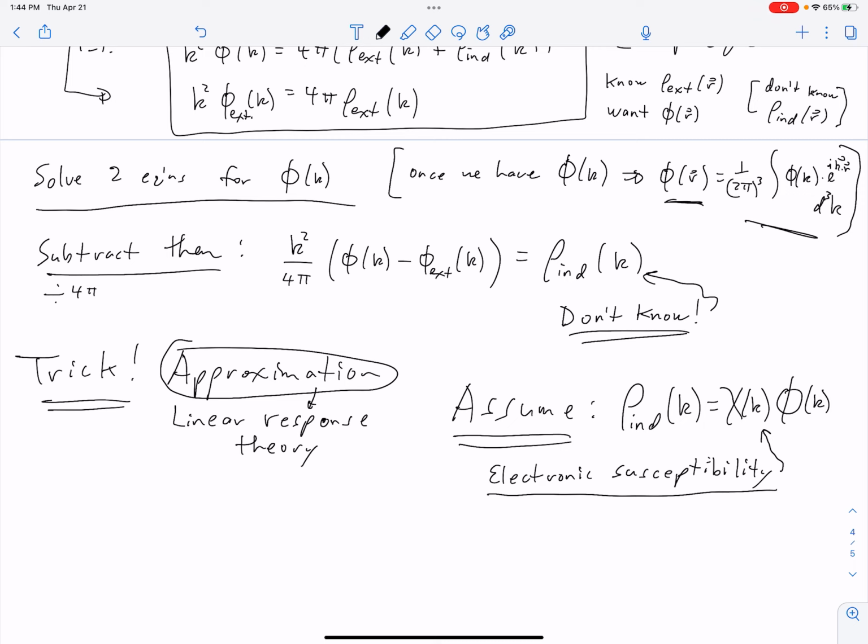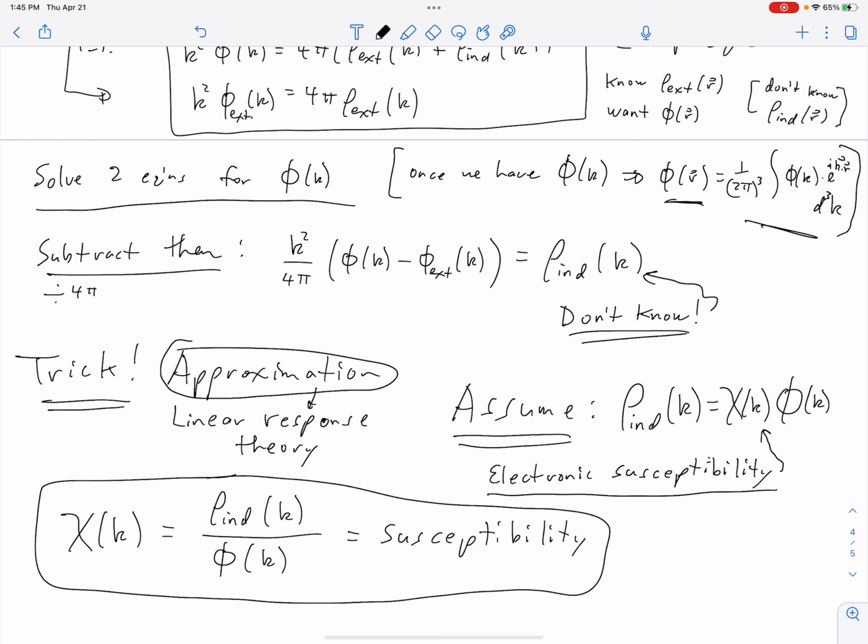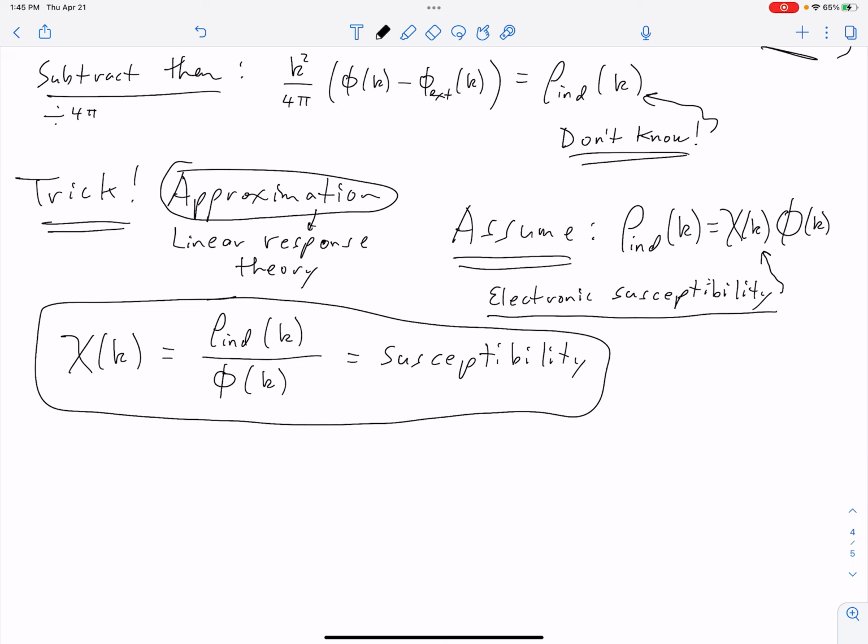So chi is equal to rho induced of k over the total potential phi of k. And so this is the susceptibility. Now, we don't know that yet either, but we will figure out what the susceptibility is. And this will eventually lead to the dielectric function. Because I will just mention, maybe this is as good a point as any to say it, the dielectric function,